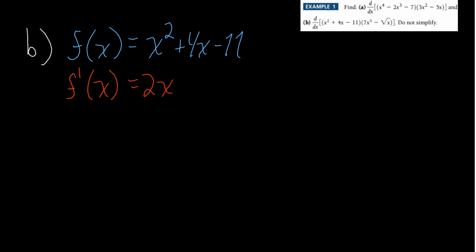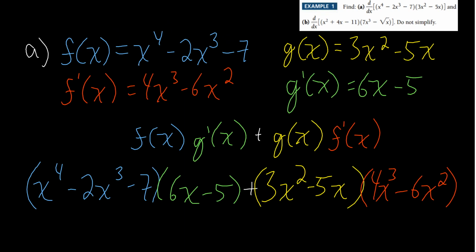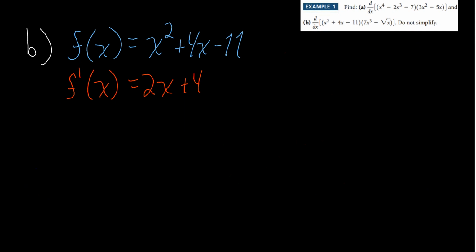So f of x, we're just going to denote it as x squared plus 4x minus 11. f prime of x is going to be 2x plus 4. Did I do yellow? I forget. Okay, good, yellow. And then g of x